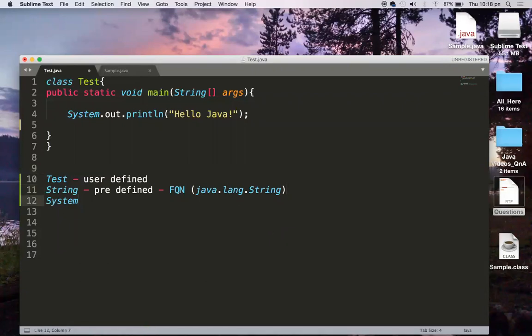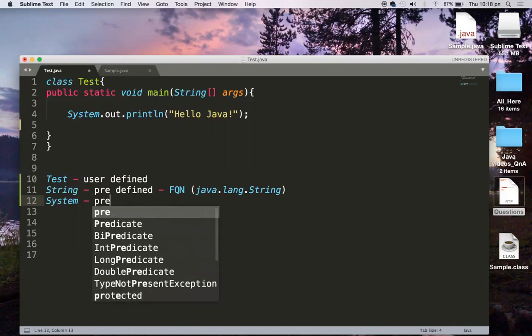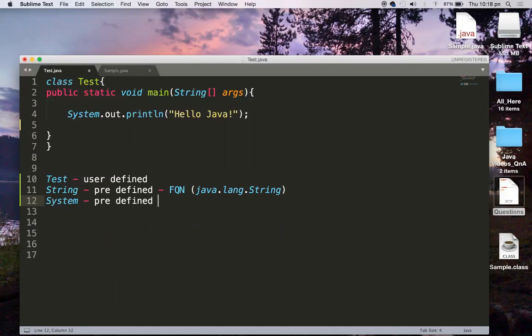Okay, so in the same fashion, System is also a predefined class. It's a predefined class as part of the API. And what is the fully qualified name of System? This particular System is also available in the lang package, so it is java.lang.System.